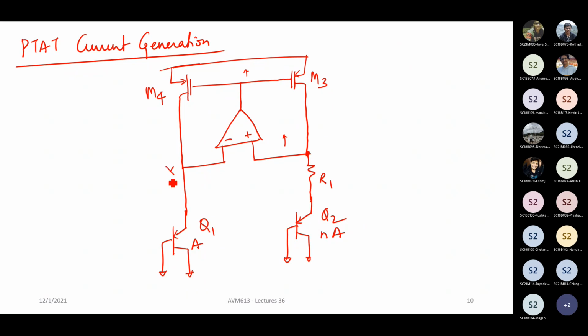Now again, these two nodes X and Y are being made equal by means of this op amp. In the previous case, we had a resistor which is driving. Now, instead of a resistor, this kind of PMOS based current source is a more popular way of doing things. If X and Y are the same, what is the voltage across this R1? We saw that this is going to be Vt natural logarithm of N, right? And therefore, what is the current flowing through this R1? It is basically Vt ln of N divided by R1.